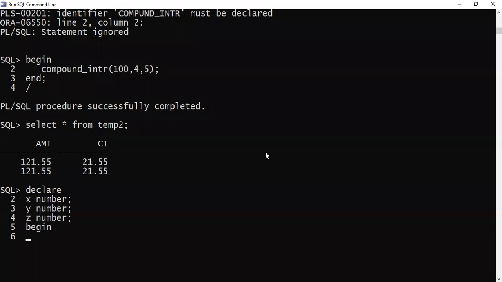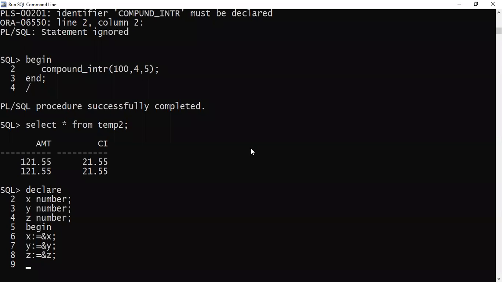In the begin section, X colon equal to ampersand X, then Y colon equal to ampersand Y, Z colon equal to ampersand Z. So PTR I've accepted from the user.